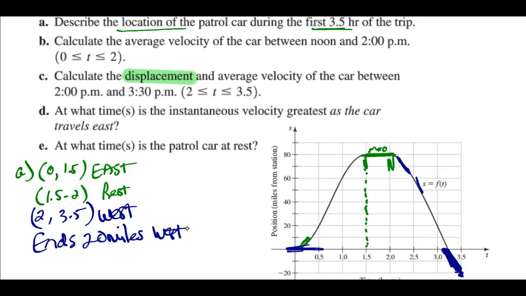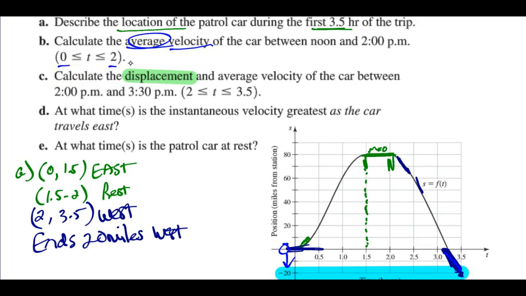Well, how did I come up with the 20 miles? The 20 miles is denoted by this down here. So if this was 0, he's 20 miles to the west of his start position. So that's part A. Part B says calculate the average velocity